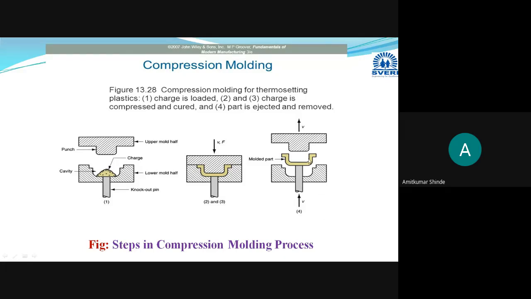Part is ejected and removed. So in this way, this compression molding process consists of four stages. In the first stage, here that ejector pin is also known as the knockout pin. Ejector pin is also known as knockout pin, meaning it will help you to take the component out from